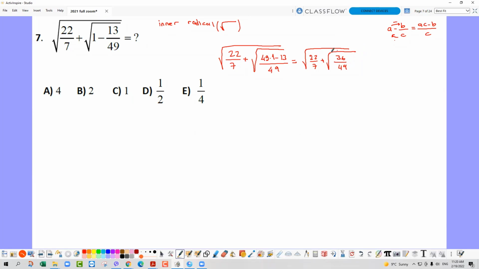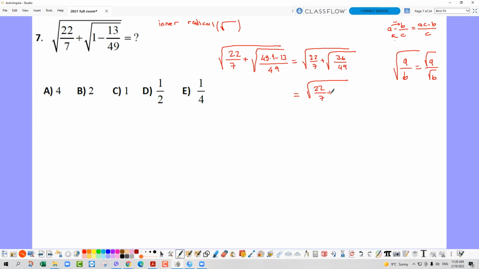So for 36 divided by 49, there is another rule that I didn't write here: the square root of a over b is equal to the square root of a over the square root of b. Here it's going to be equal to root